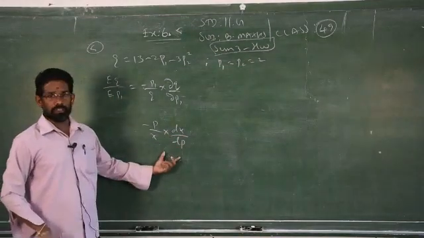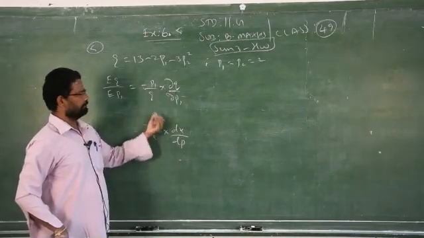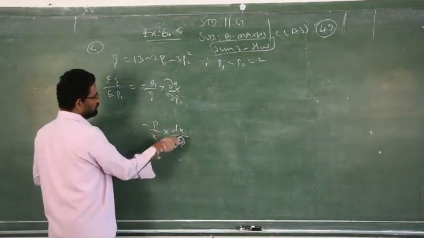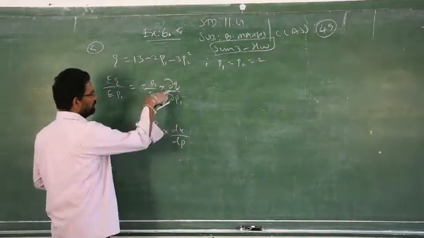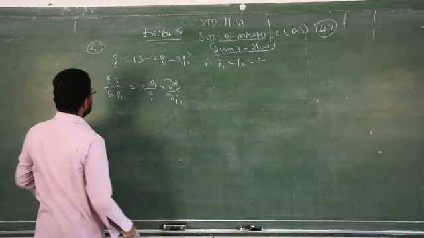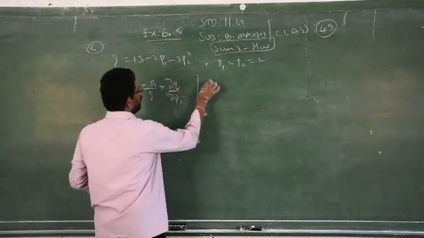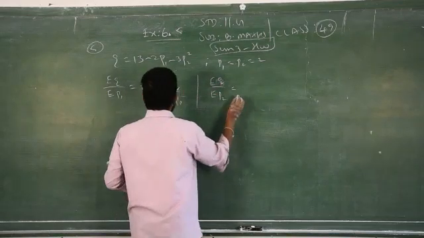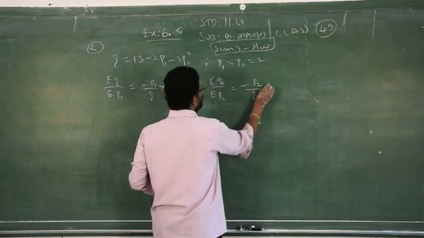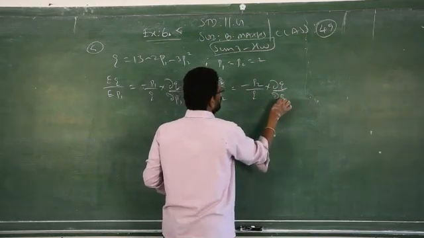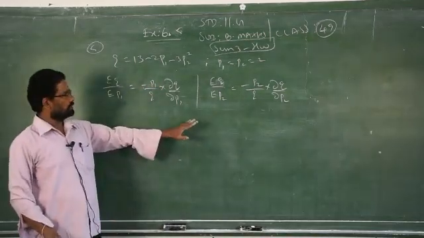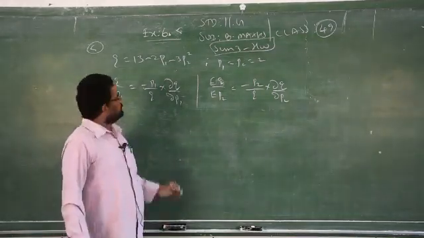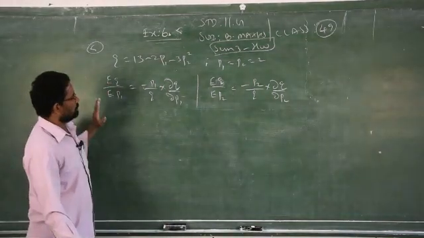This is for total differentiation. For partial differentiation, the same formula, there is no difference. Clear? So, same formula, I am using the symbol alone. Instead of total differentiation, I am using partial derivatives. So, this is the formula for EQ by EP1. Then EQ by EP2 is minus P2 by Q into ∂Q by ∂P2. So these two formulae you have to memorize. They will ask in question number 5 to find straight away EQ by EP1. So it will be very easy.